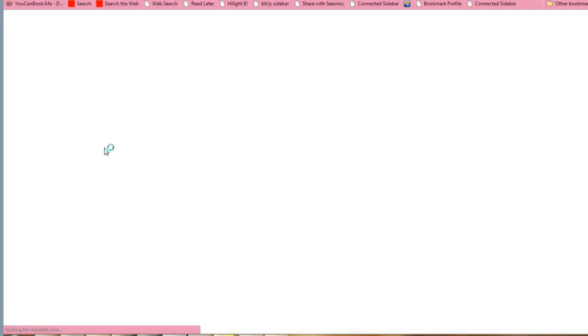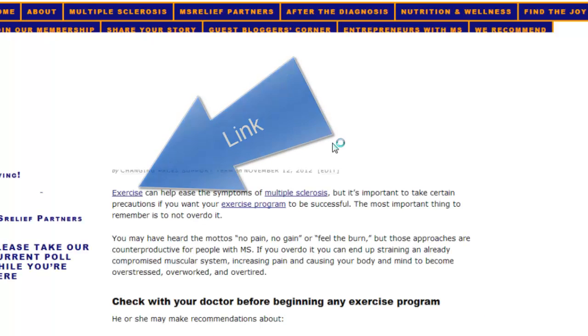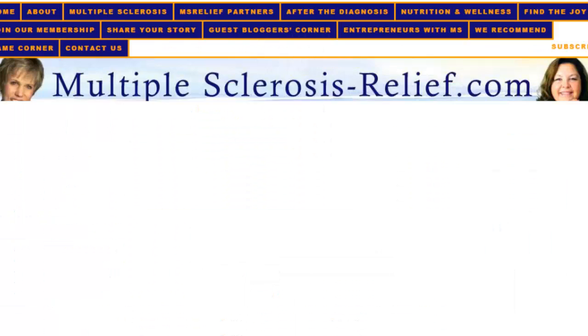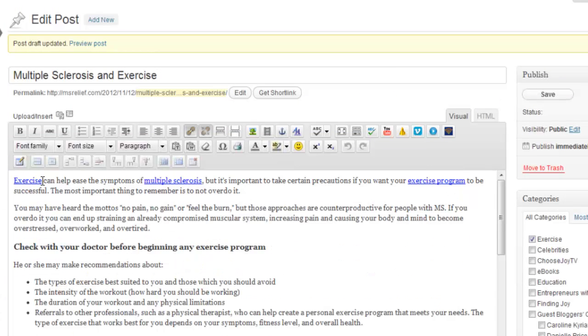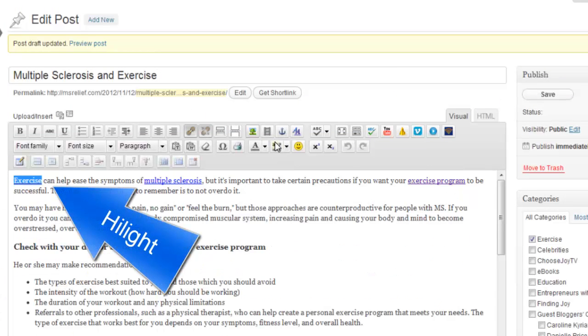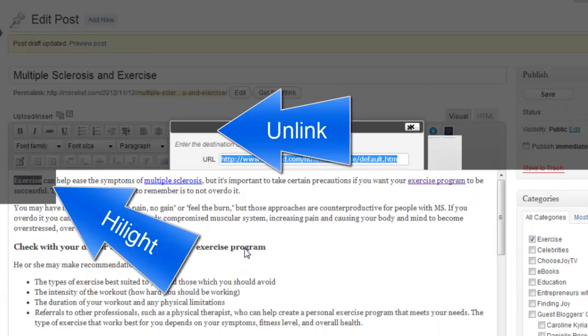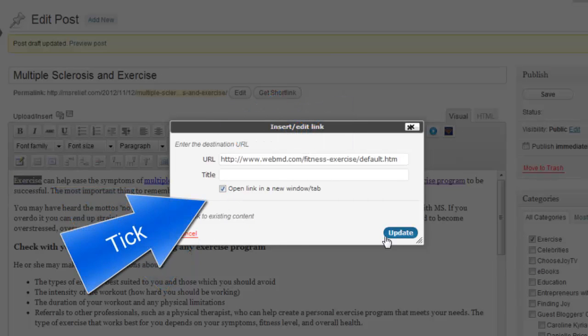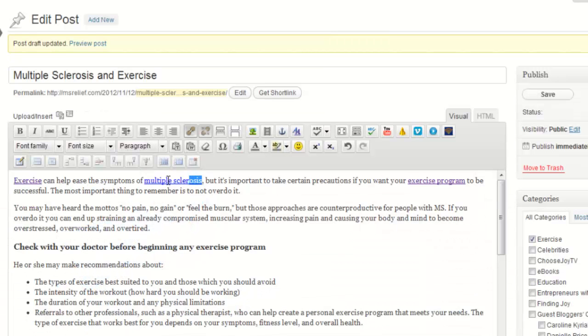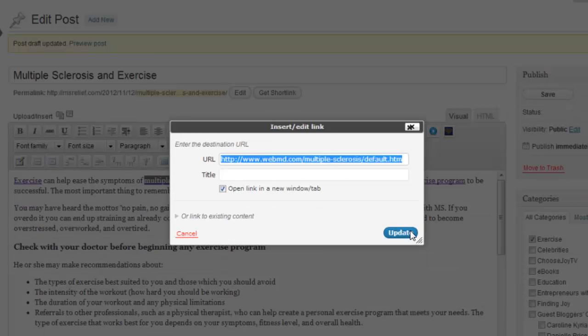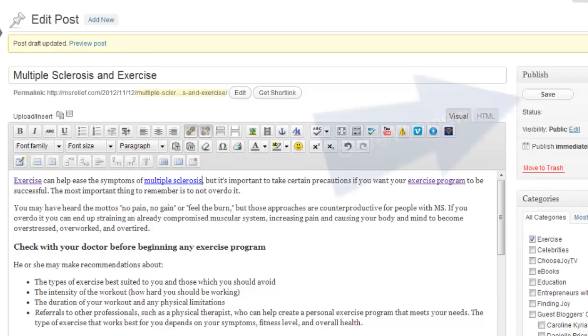Okay, so now I'm going to check each of these links, and that one is not opening to a new window, so I've got to go here and open in a new window. Same with this one, open in a new window. So always, anytime a link is taking the visitor, whoops,